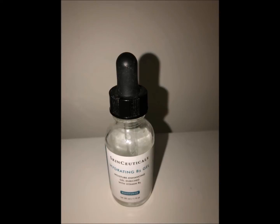Actually, all these do. One of my actual top favorites, SkinCeuticals Hydrating B5 Gel. I'm almost out, and this is something I will reorder. Because of the priciness of these items, I have to love them to reorder them, and luckily Premier Look gives a lot of samples, so you can try things before you do pay the price. But the B5 gel has vitamin B5 and the hyaluronic acid, the body's natural hydrator, binds moisture to the skin. I actually just recently got the HA5